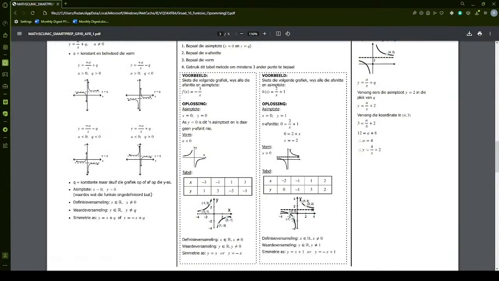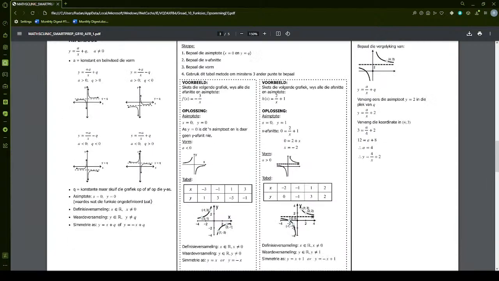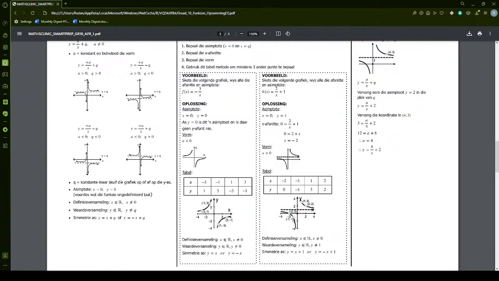So if we were to look at that, it shows right here that these are the asymptotes, and the zeros: x is equal to 0 and y is equal to 1. It's very weird, I know, but